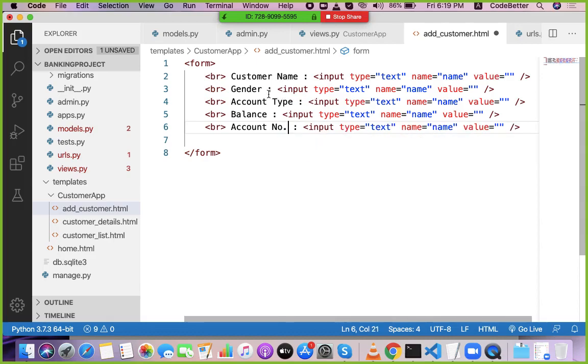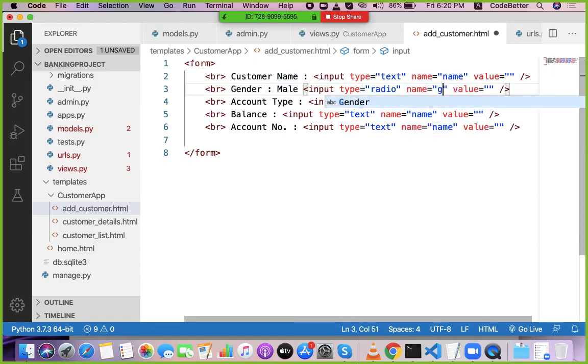Okay, so here gender is radio button. So what we can do here is we can create 2 radio buttons. One is for male, input type radio, and name is gender. So gender will be sent to server using this key gender.